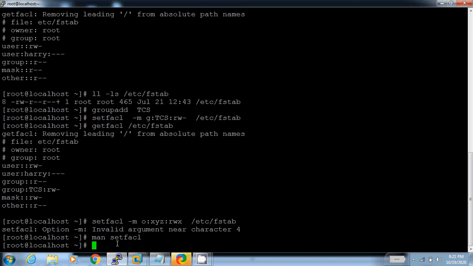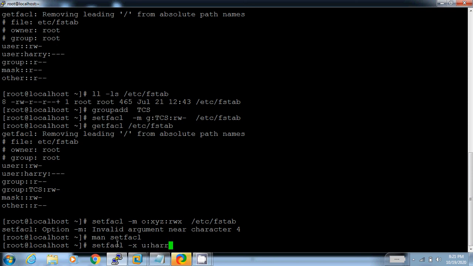Now, how to exclude a user from ACL? For that, to exclude the ACL, we will use setfacl -x u and the user will be Harry.